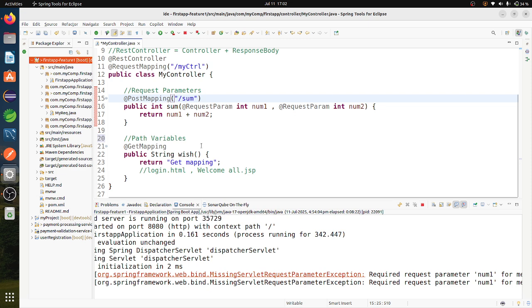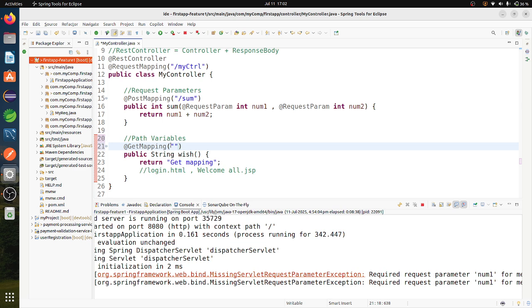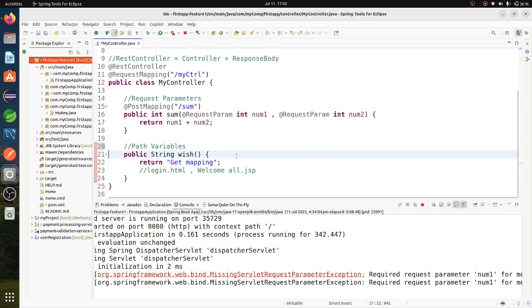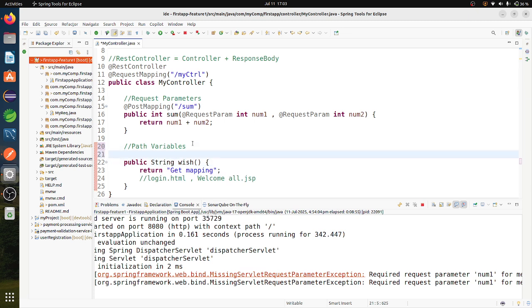And here I will say, as soon as the user comes to this controller page, he can pass a path also. That has to be mentioned like this. I'll say something called ID. I will write it again.